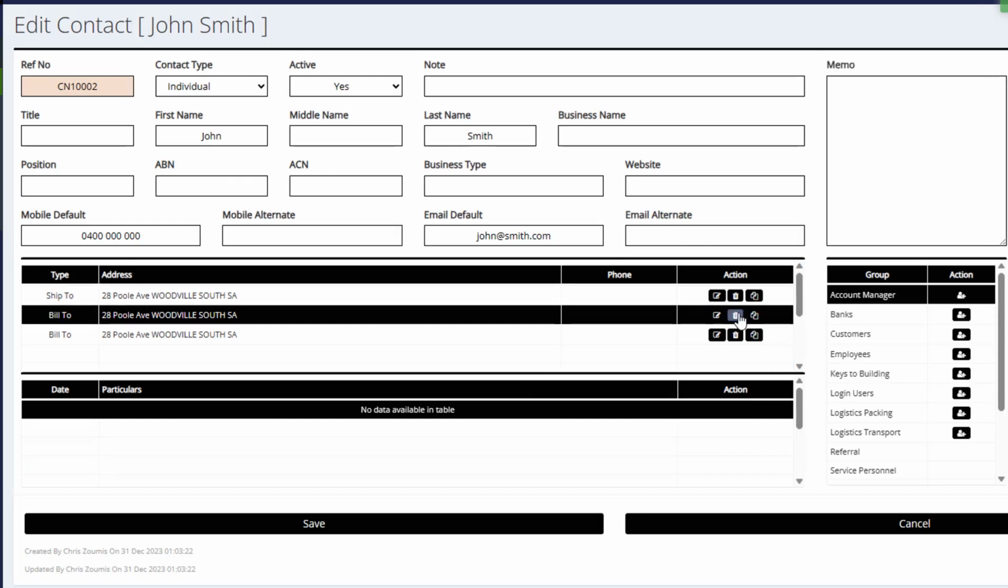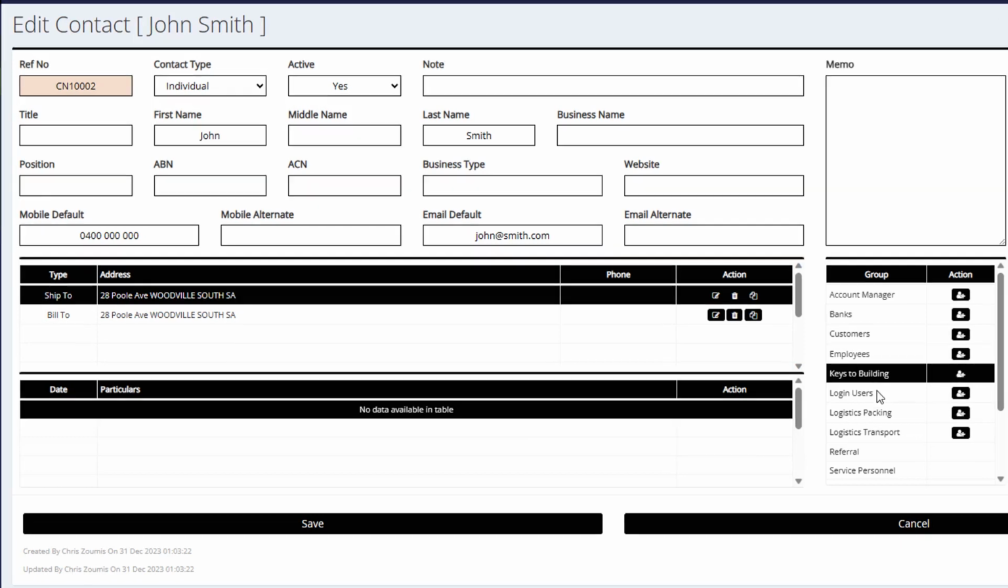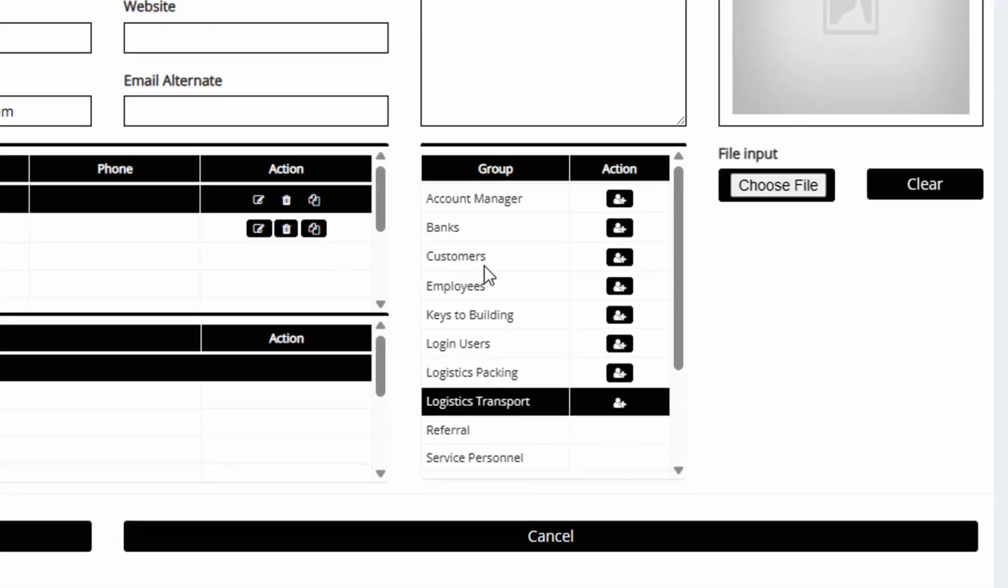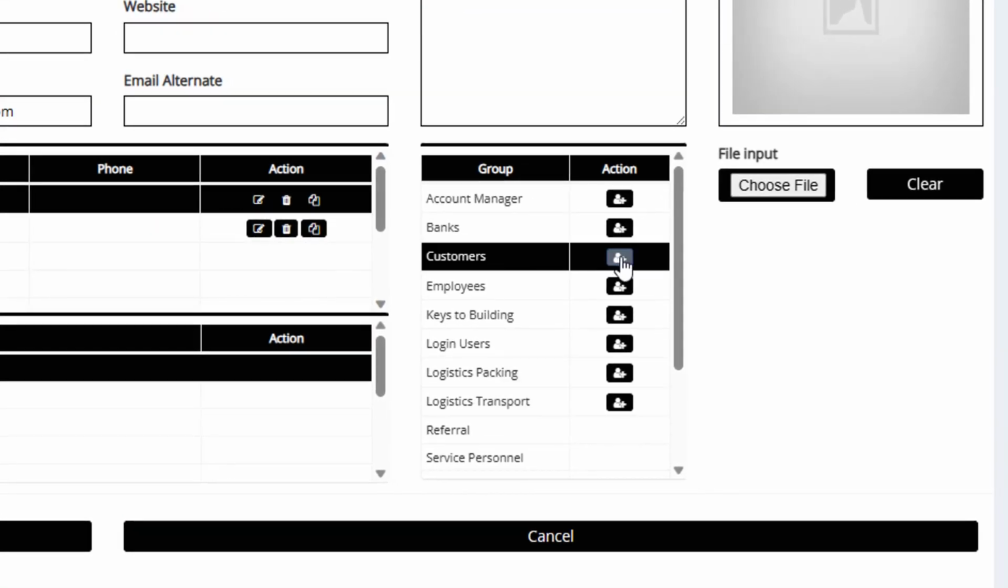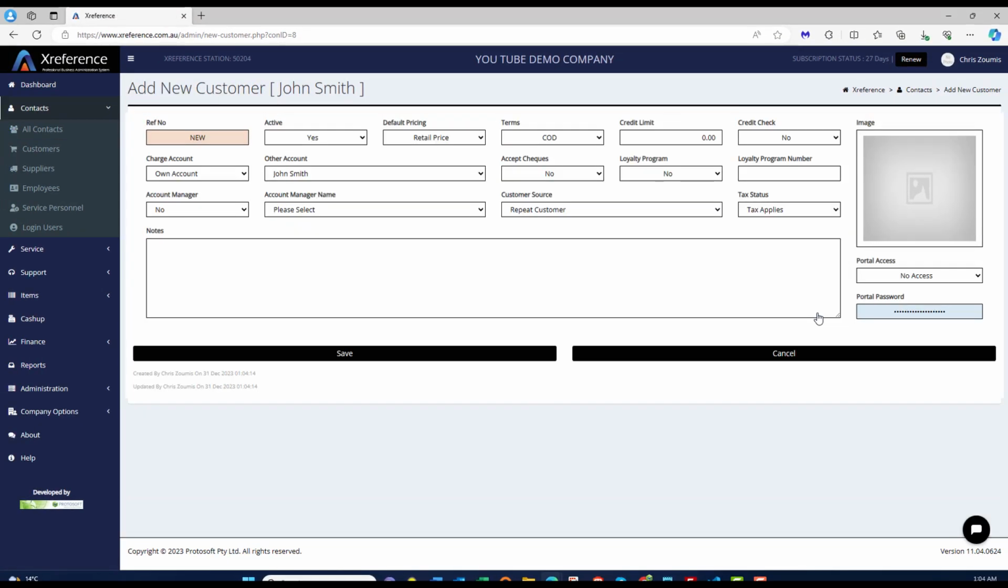Find the list of potential groups the contact can join in the Groups table. To join a group, click on the person icon with a plus symbol. For major groups like customers, it immediately launches the Add New Customer screen, where you can set preferences before saving. We'll discuss customers in detail in the customer video, but click Save, and your contact is complete, now also a